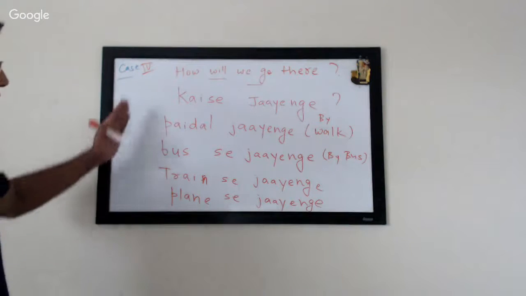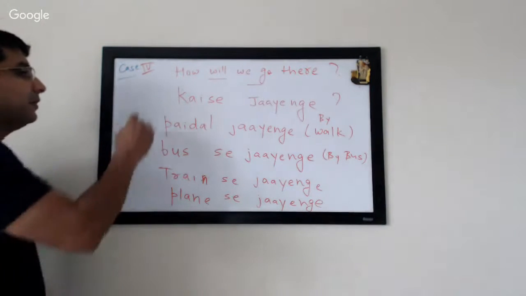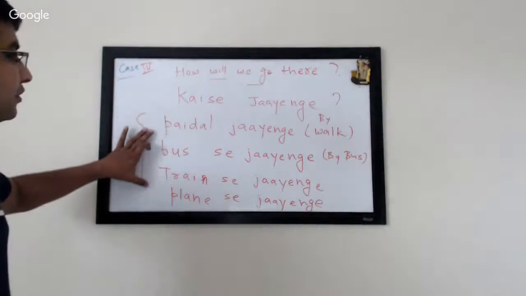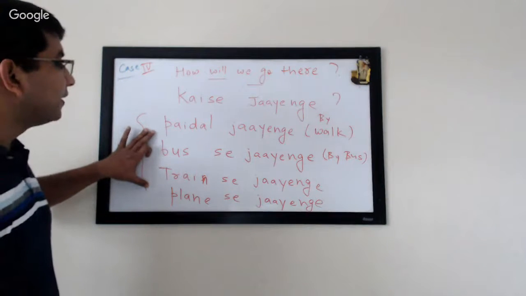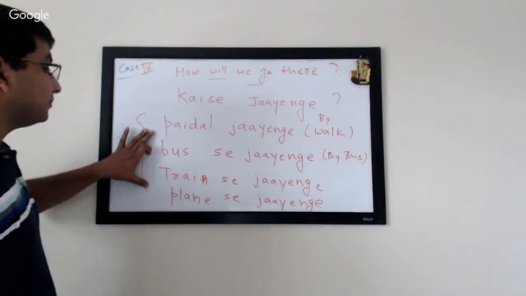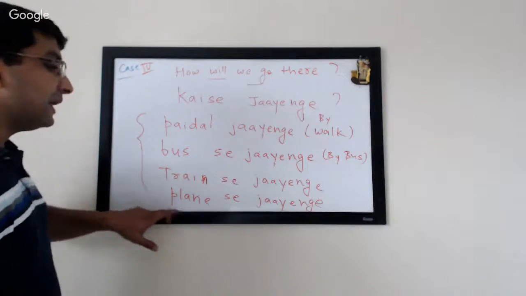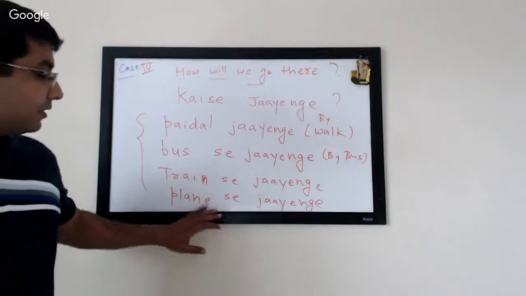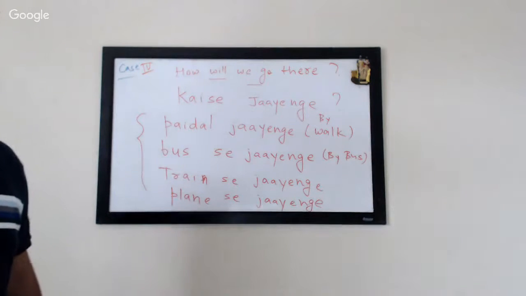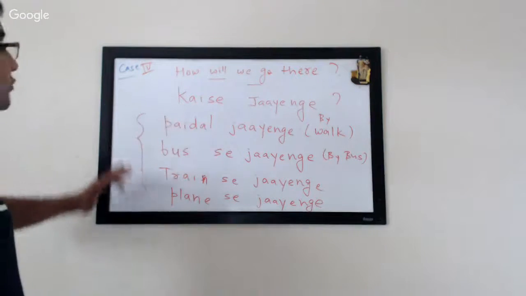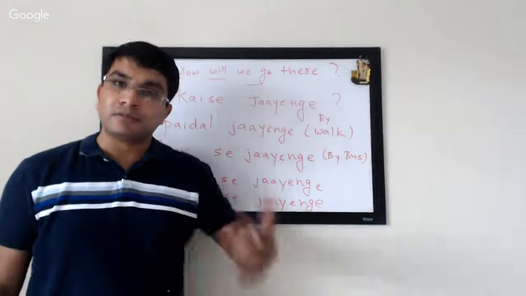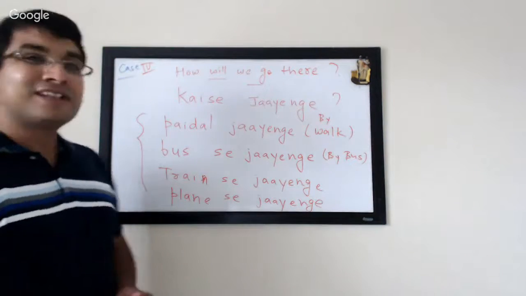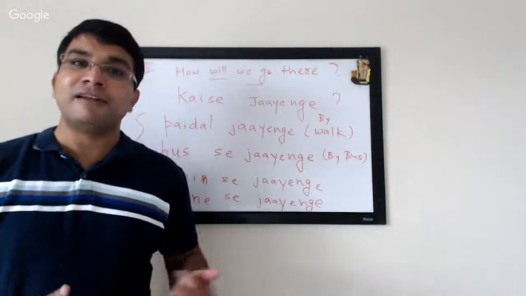And pretty much, now that you've gone through the earlier sentences also, you can fit any of these in your existing sentences, right? For example, you can say, हम सर्दियों में केरला प्लेन से जाएंगे. That is, we will go to Kerala in winters by plane, right? So the whole idea is to go systematic, start very simple, and then gradually start building up. I hope this is clear. This will help you plan any trip in Hindi.